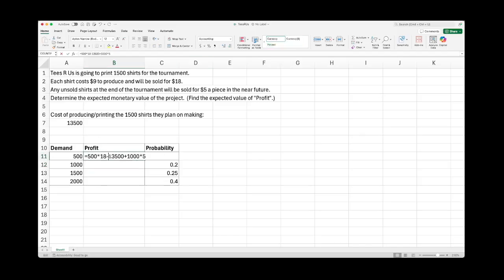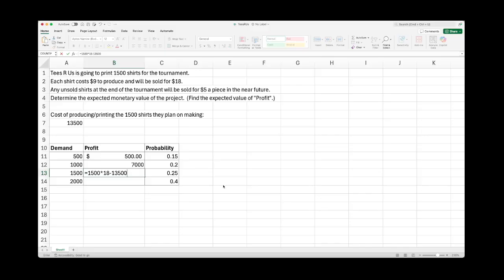Now, let's see how that changes if the demand is 1,000 shirts. So I'm going to copy that formula and put it down here and see how it changes. So now I will be selling 1,000 of those shirts at full price. I still have the fixed cost, and now there will only be 500 left to sell at the reduced $5 price in the future. And so we'll do the same kind of thing for these other demands. In this 1,500 demand situation, I sell 1,500 of the shirts at full price. I still subtract that 13,500, and in this case, I don't have any shirts left over to sell at the